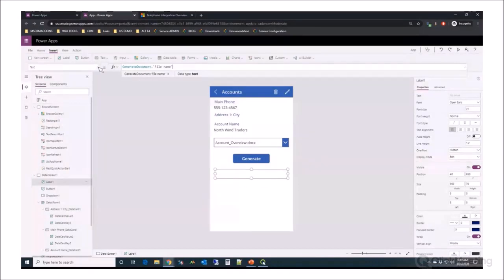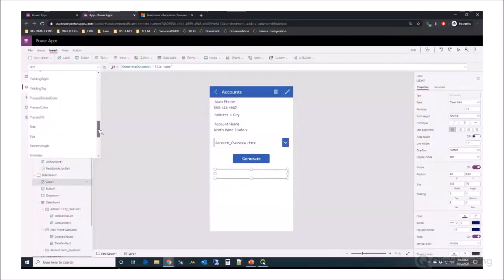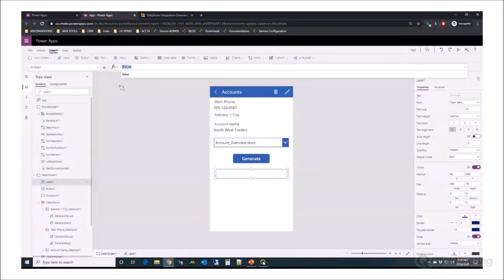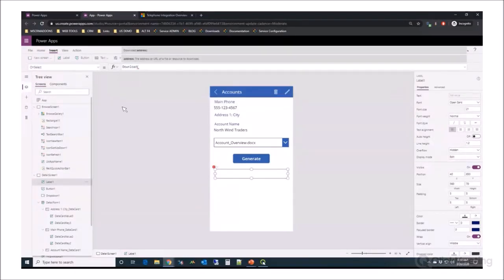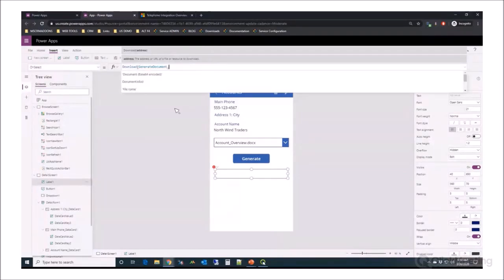Okay. So the next thing I want to do is an on select, right? So if I click it, that's on select. On select, I want it to download. And just that little command, I need to give it a URL here, so I can say generated document. Now this is where it gets a little bit